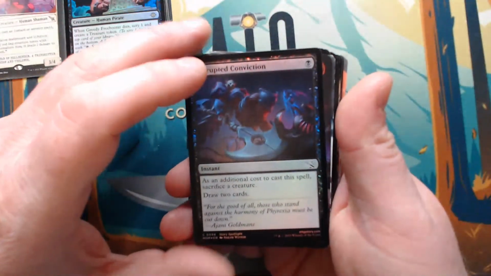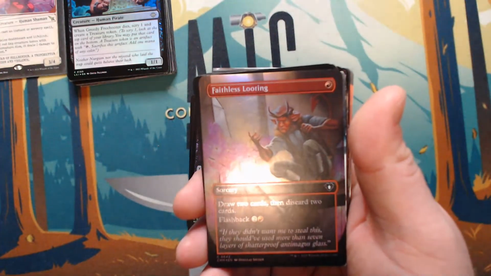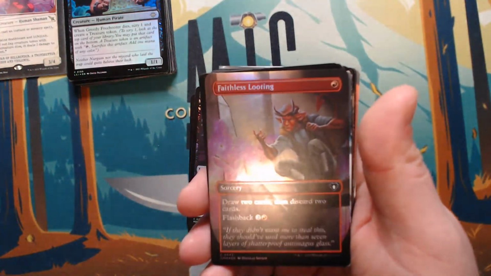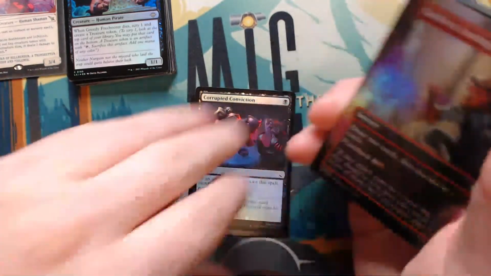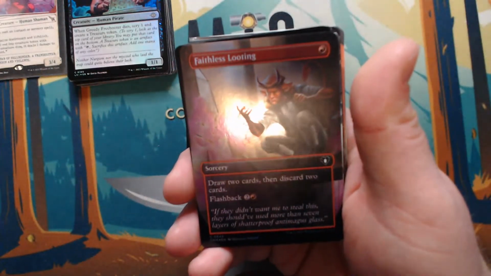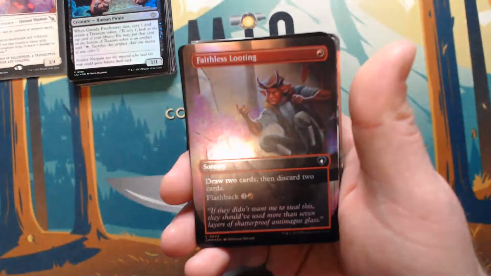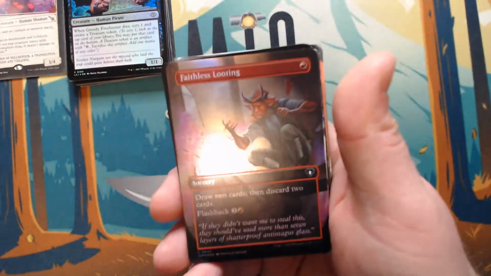So Village Rites is nice, drawing 2 cards. Corrupted Conviction, same thing, drawing 2 cards, sacrifice a creature. Faithless Looting, I do want to bring this up. I tried to reduce the amount of discard into draw because I want to be sacrificing creatures off this ability, but there is a way that if you want to...